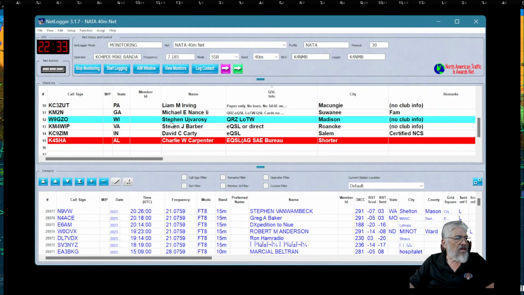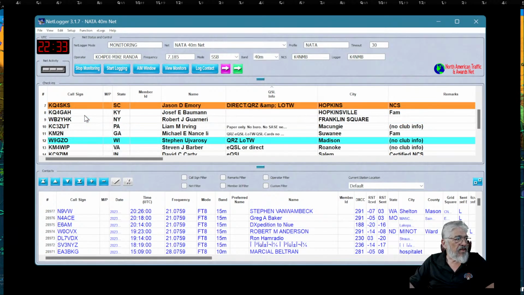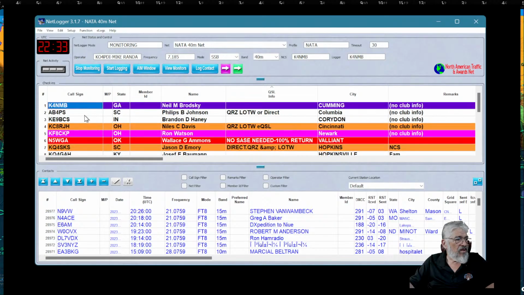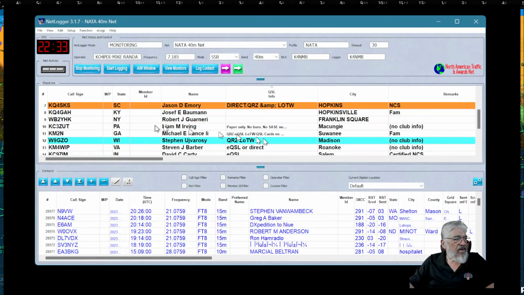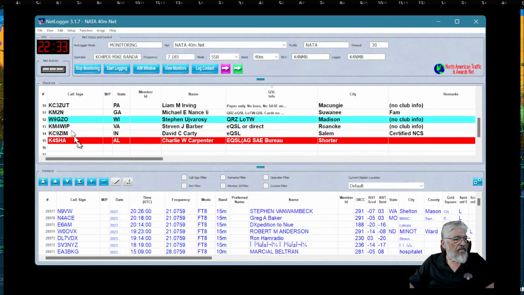And you'll see, now that I'm here, my call sign should pop up on this screen too. That's cool. This guy in red, Wallace Ammons, he's in my log. That's why it's red, because I actually have him in my log. So here's a bunch of call signs. These are all people on this net.